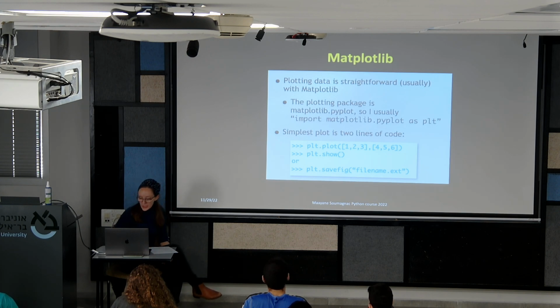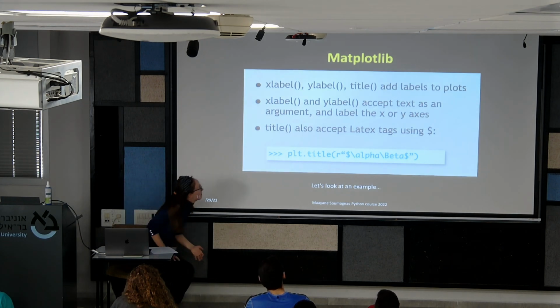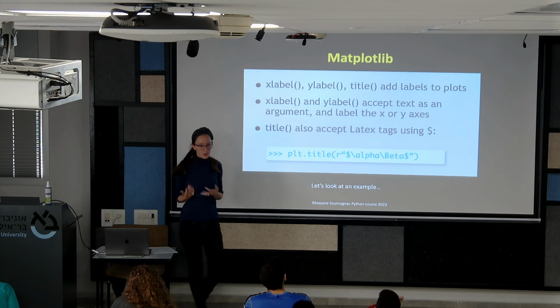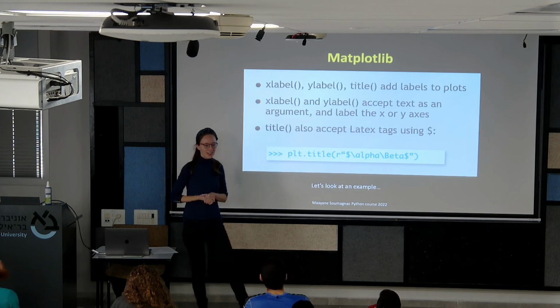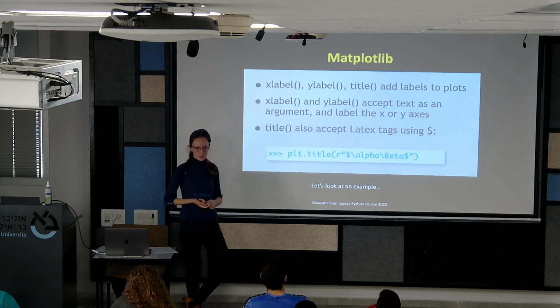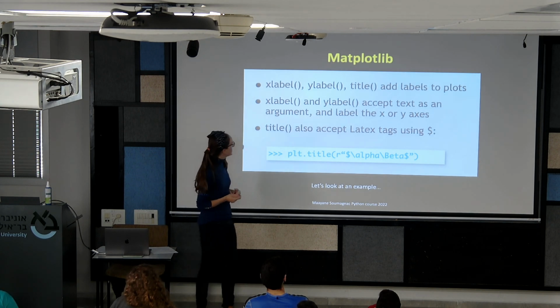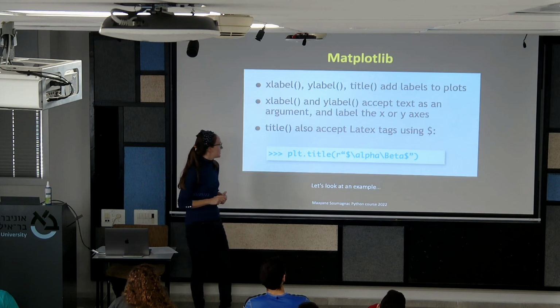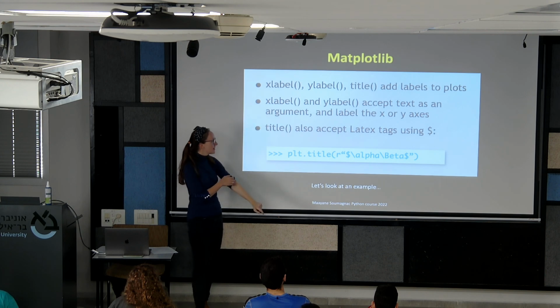save it. Okay? So before I show you live examples, let's look at a few additional capabilities that you can add to your plot. The xlabel, ylabel and title allow you to add a label to the x-axis, a label to the y-axis, and a title. They accept text, we'll see it in a minute, and both the xlabel and title accept